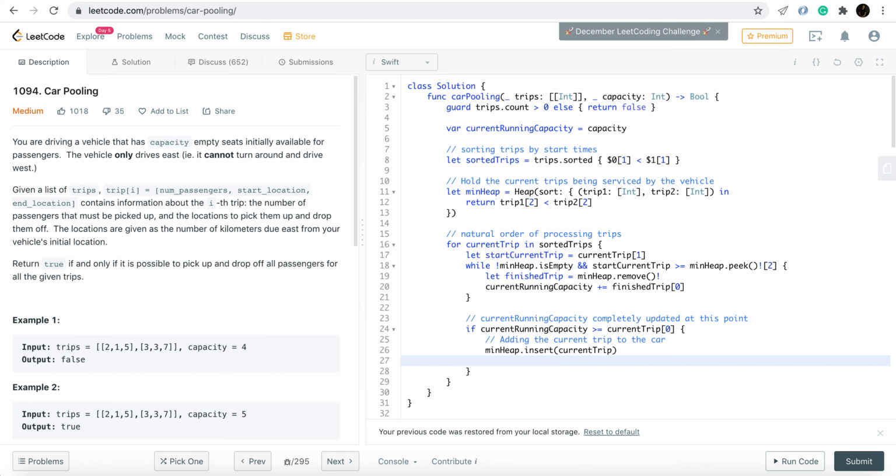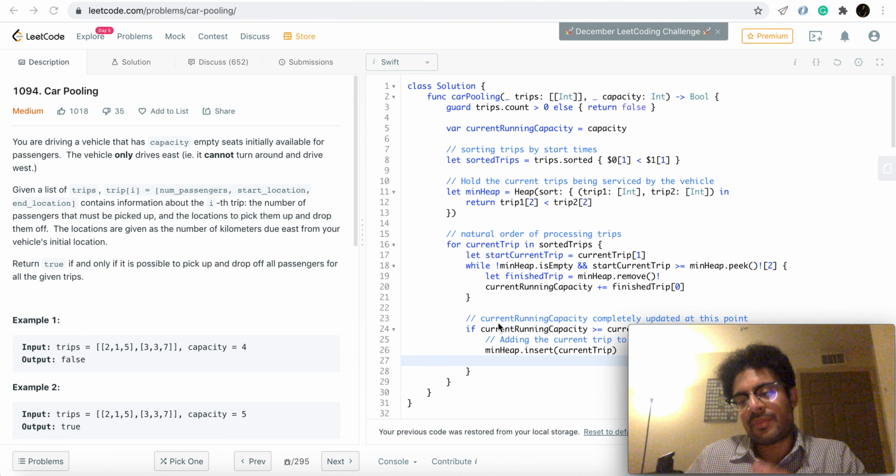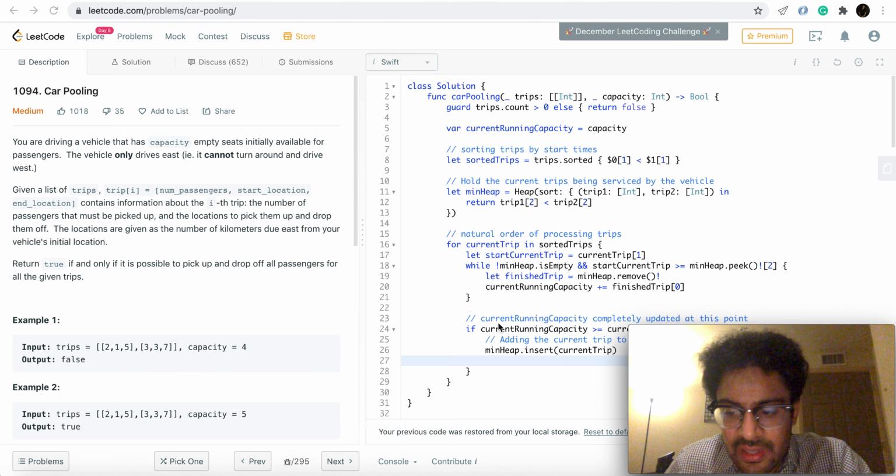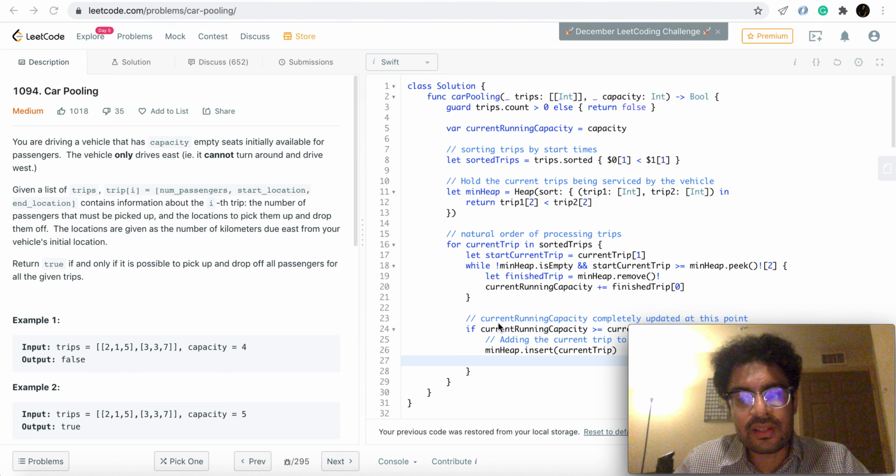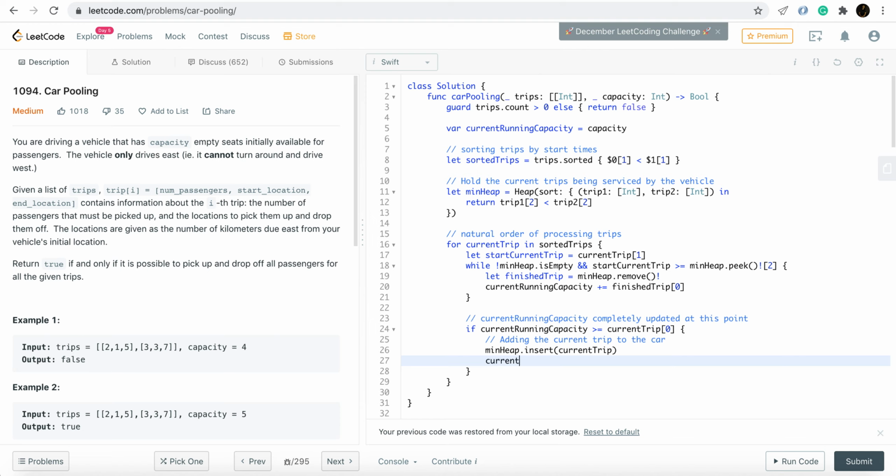And if I've added the passengers of the current trip to the car, I've also reduced the running capacity of the car, so I have to update that as well. Current running capacity, and I'll subtract the number of passengers of the current trip.